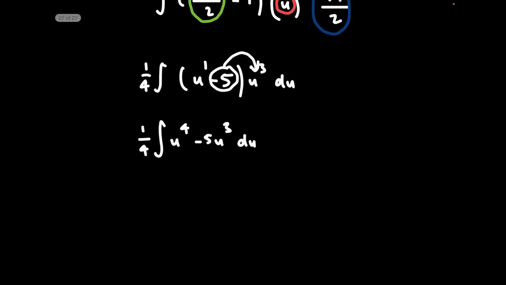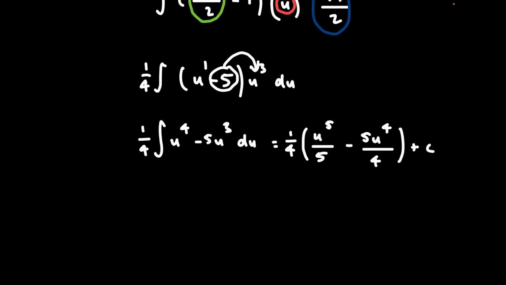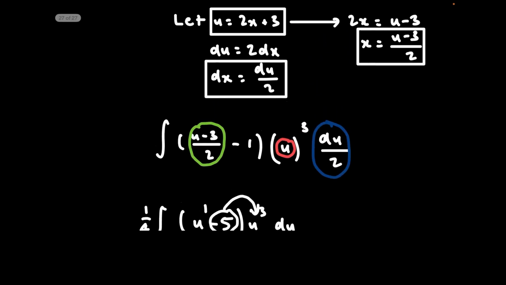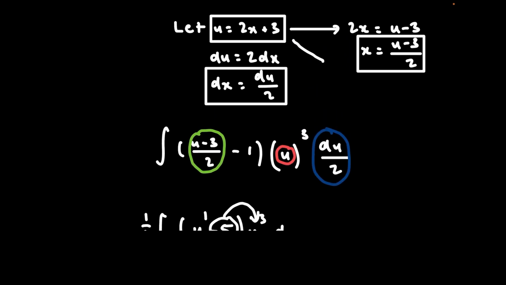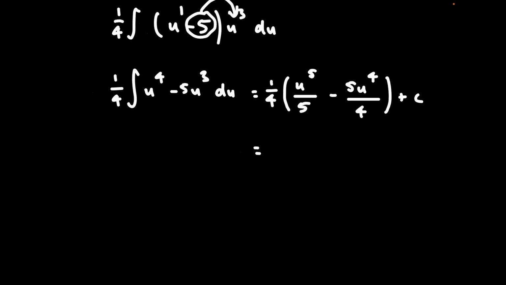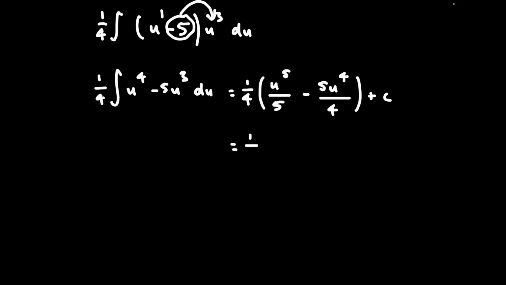Let's keep going. We can have the quarter out the front, and what we're left with is simply normal integration. u to the power of 5 divided by 5, take 5u to the power of 4 divided by 4, plus c. And to replace the u, I'm going to use the fact that u was equal to 2x plus 3. And all our final answer will be is a quarter,